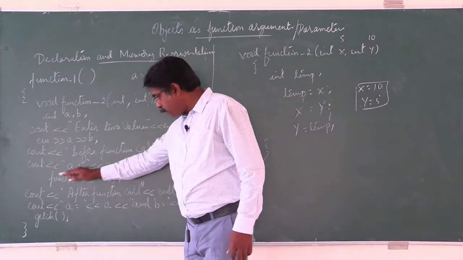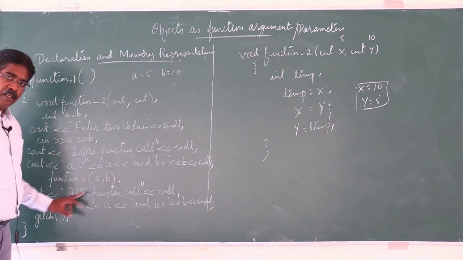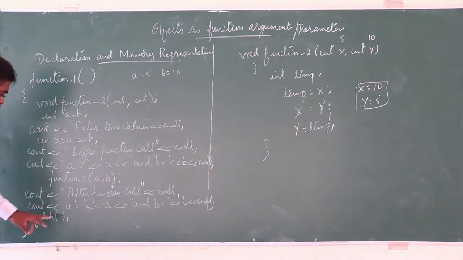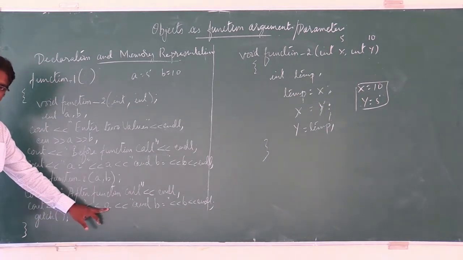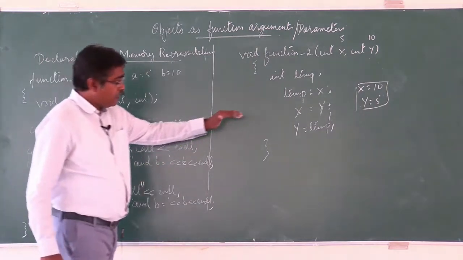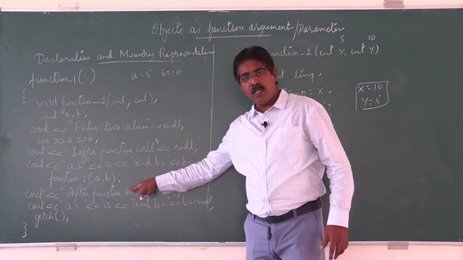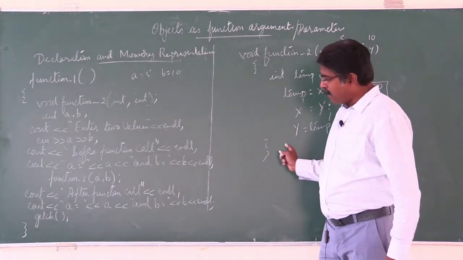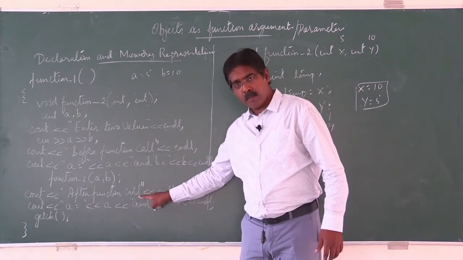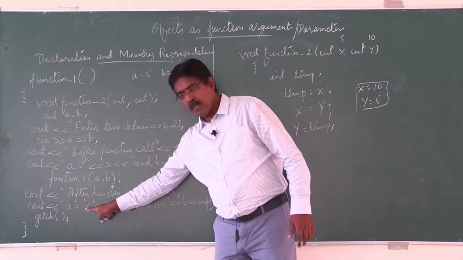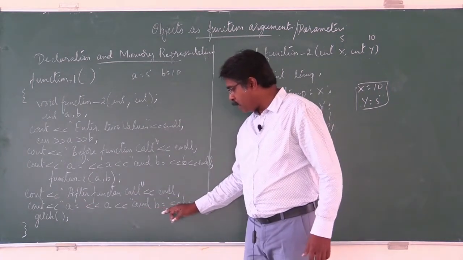If you see, after the function call statement, I have written a cout statement here. After function call, here A equals A. You may think that X value may be changing the original A, right? But rather, when this statement after function call is executed, A's value will print the same value here. A equals 5 and B equals 10.